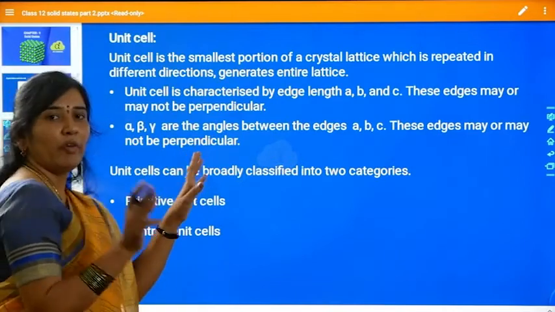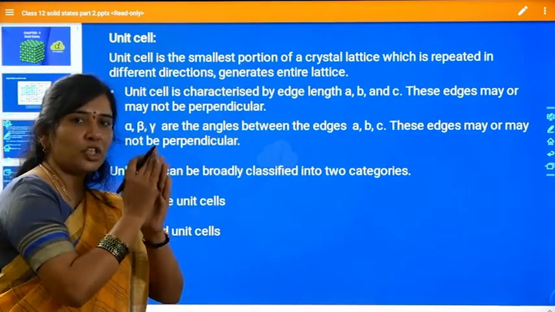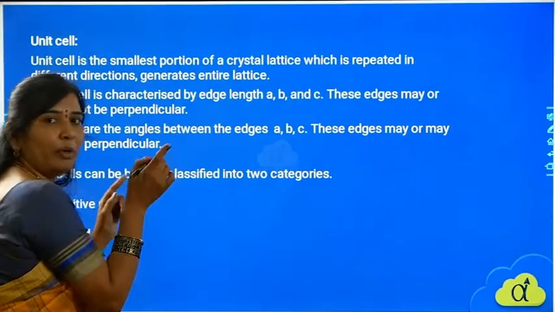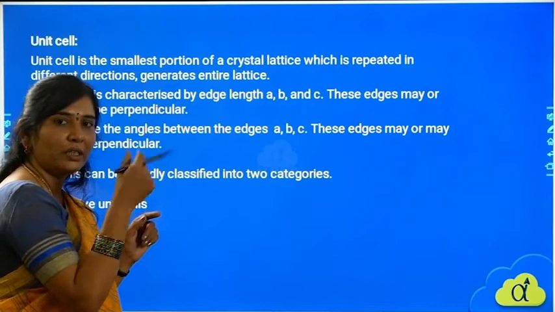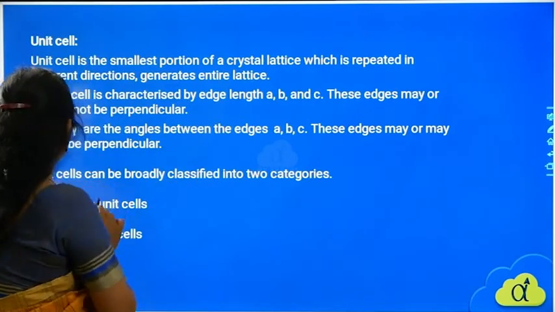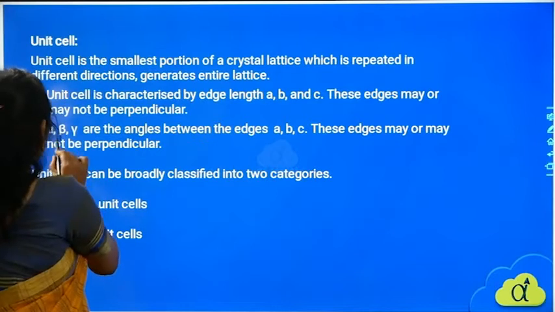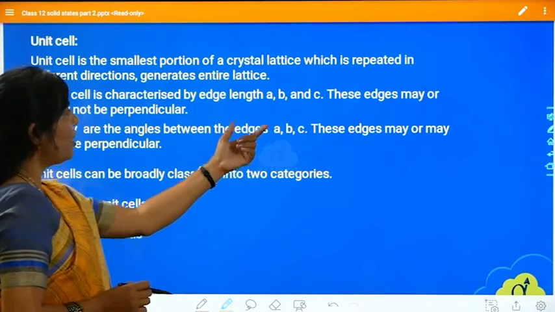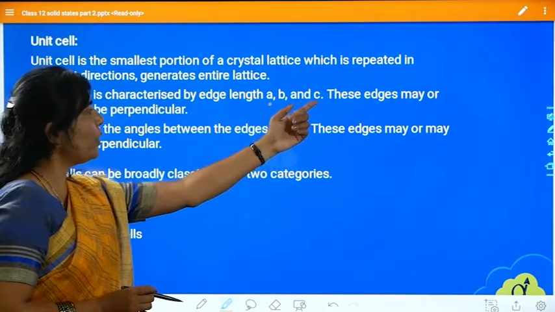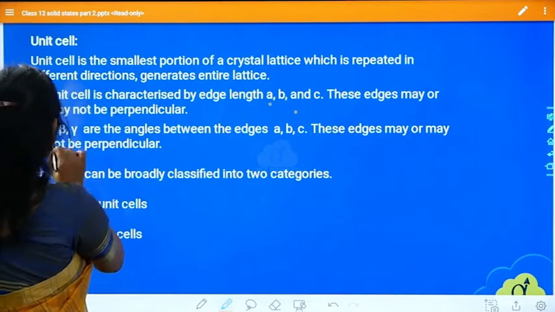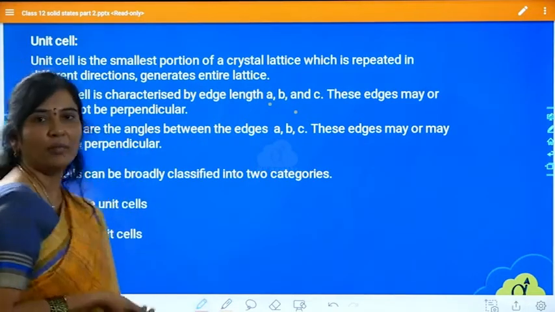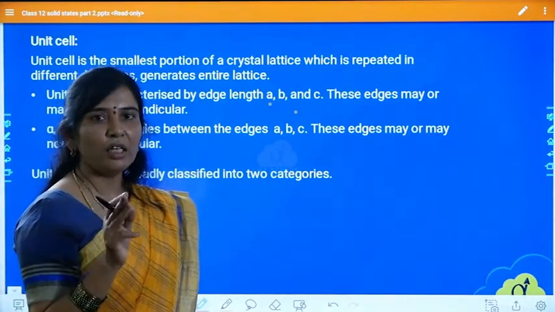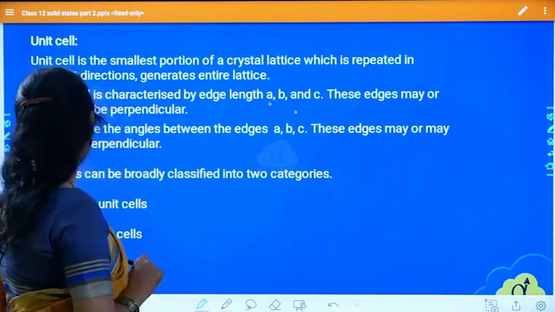Okay, so when the unit cells touch each other along a 3-dimensional network, there is an angle between x and y, y and z, and x and z. Here the angles are represented by alpha, beta, gamma. So what can you say? A unit cell is characterized by what? The edge lengths a, b, c, and the angles alpha, beta and gamma. Like this, through edge lengths and three angles you can characterize the unit cell.